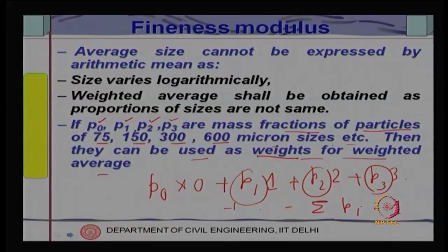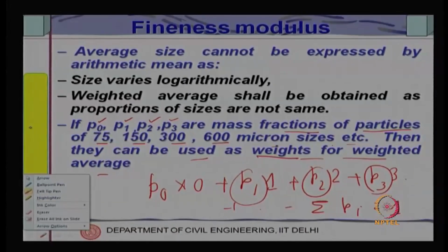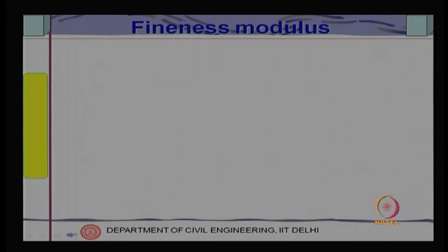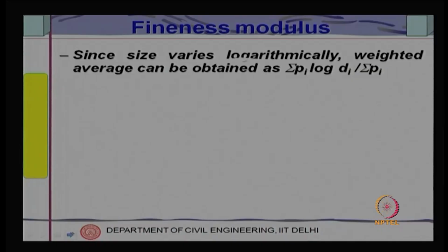Therefore, this represents nothing but the weighted average sieve number, if I start my numbering from 75 micron or 0.075 millimeter itself. So, that is the fineness modulus. Since size varies logarithmically, the weighted average can be obtained as